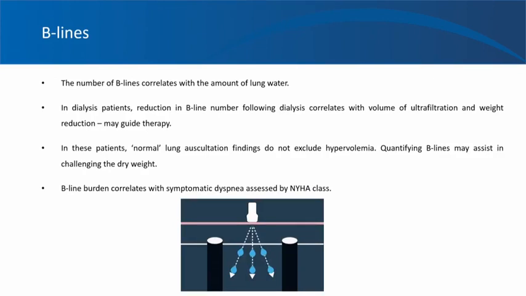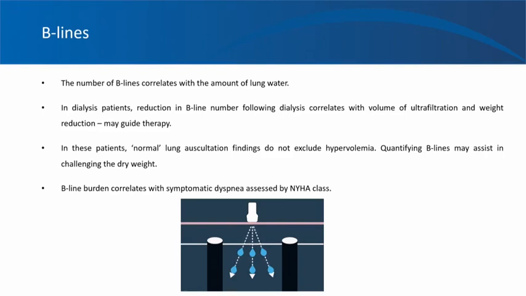And some other things you might want to know about B lines are the number of B lines correlate with the amount of lung water. And in dialysis patients, reduction in B line number following dialysis correlates with volume of ultrafiltration and weight reduction. It may actually guide therapy. And as soon as you dialyze the patient, you can count, and almost immediately the number of B lines will